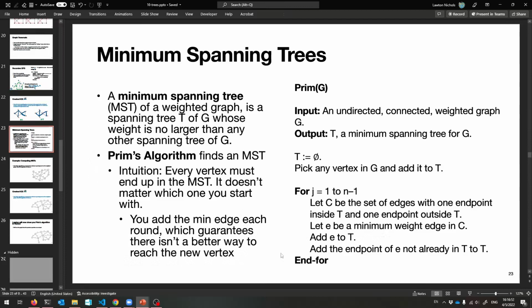Okay? So that is the intuition in a nutshell, and here is the actual algorithm that I'm going to go through with you. Again, you're given a graph with weights, and your output is a minimum spanning tree. So you're going to build up the tree T, your spanning tree, from scratch, starting with the empty set. And the first thing you do is just arbitrarily pick a vertex in G. We need to add all of them eventually, so just take one, and we're going to add it to our set T. It's going to keep track of the